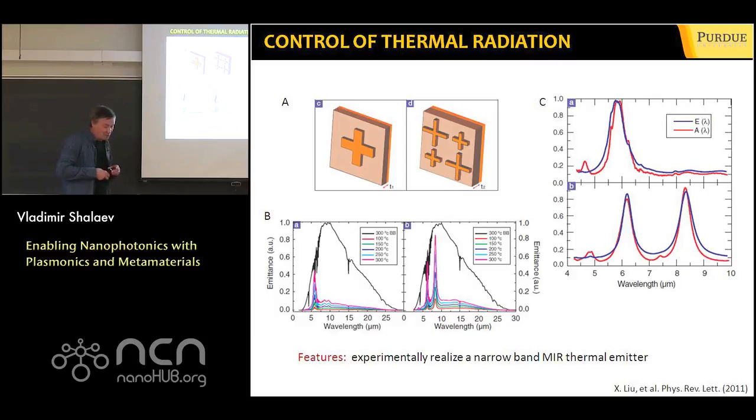Yet another thing, by showing all this, I want to emphasize that the role of plasmonics and metamaterials goes far beyond just nanophotonic circuitry. There are many other applications. Like this one is basically to control thermal radiation. We have this perception that, well, black body radiation is so fundamental, you cannot really do much about this. It turns out that it's not true, and actually you could control thermal radiation to a huge extent. There are lots of activities now to engineer thermal radiation, and of course there are many, many important applications, including